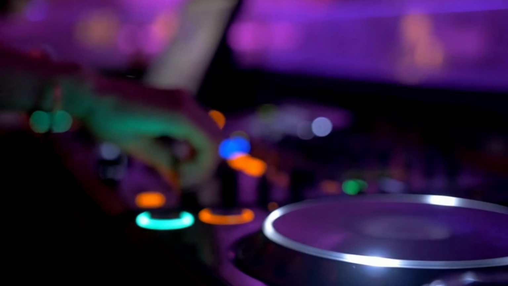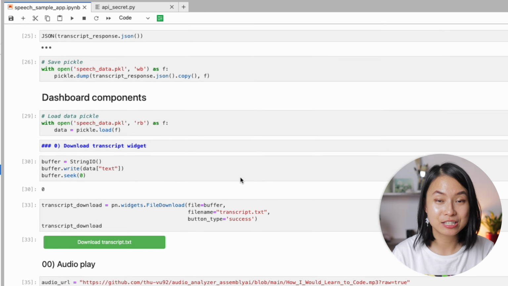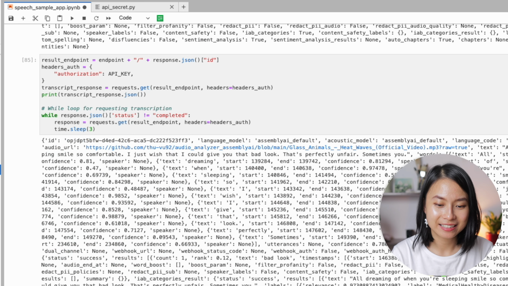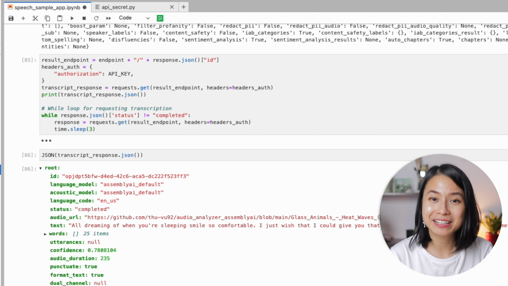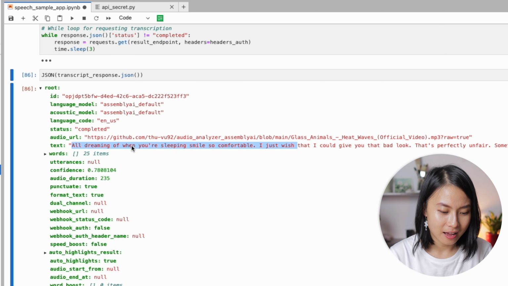Now I also want to see how well this API would work on a song, because this would be a very challenging task. What humans consider music is actually background noise for speech recognition task. Now I'll go ahead and change the URL here to the URL of the Heatwave song, and let's see what comes out of it. Now you can see that it can only recognize 1 or 2 sentences from the song,